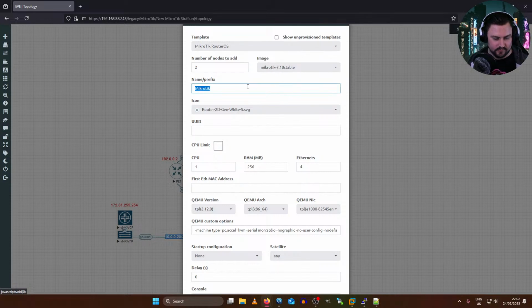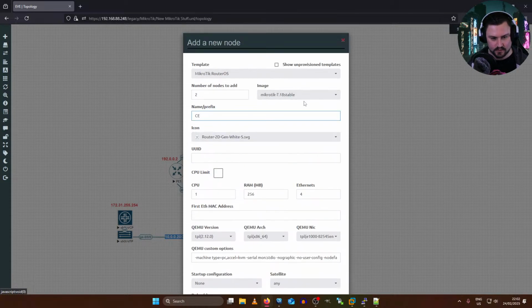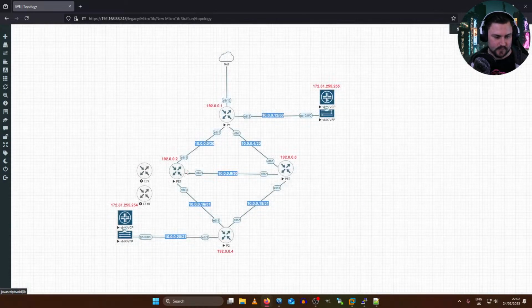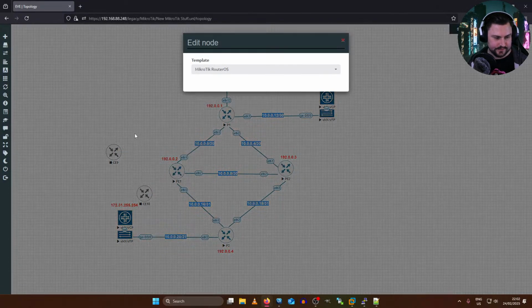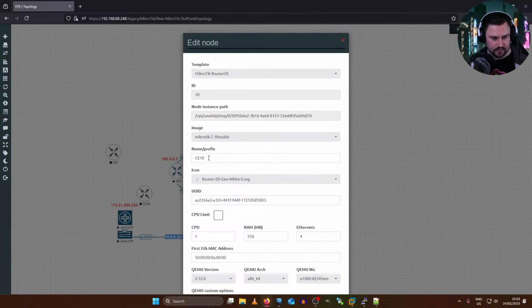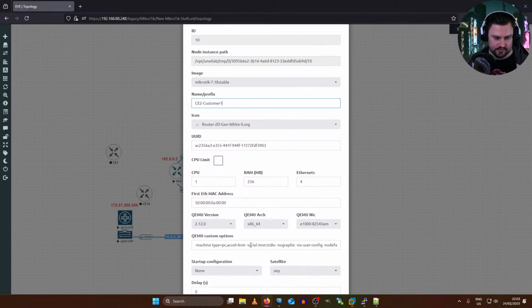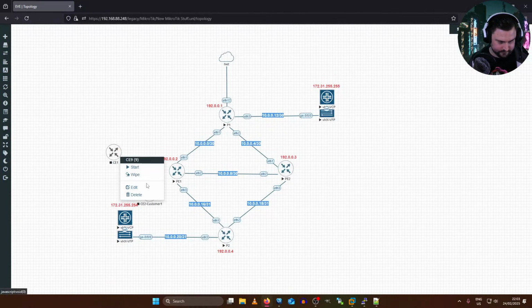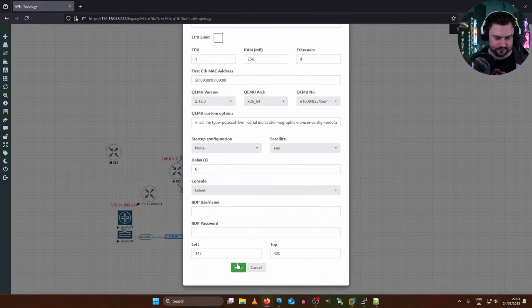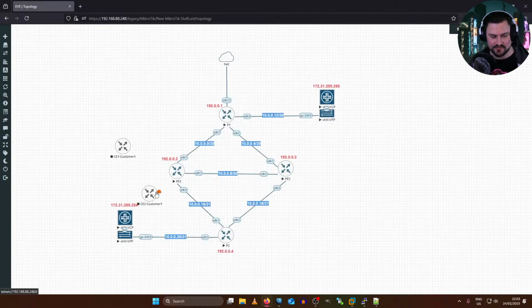Alright, so let me grab the, what is this? I'll just call these the CEs. It will run 7.18. I'm not going to add a lot of resources. This will just be very basic devices. I'll just rename to CE1 and 2. Actually, let's just be more descriptive with this. I'll make it customer 1. So CE2 customer 1, and CE1 customer 1. And then when I add more customers, you'll see why this is actually cool and kind of needed.